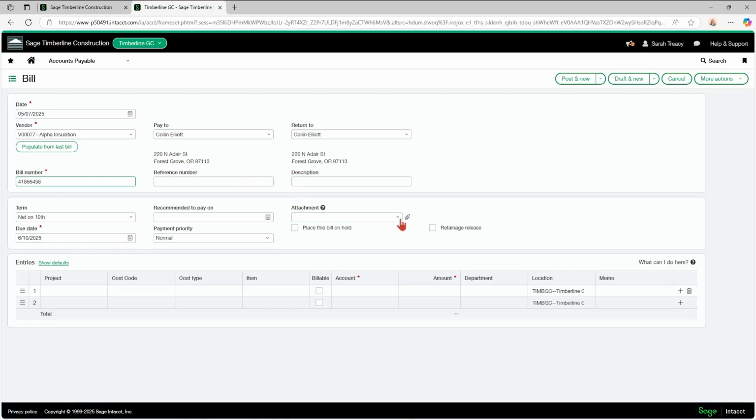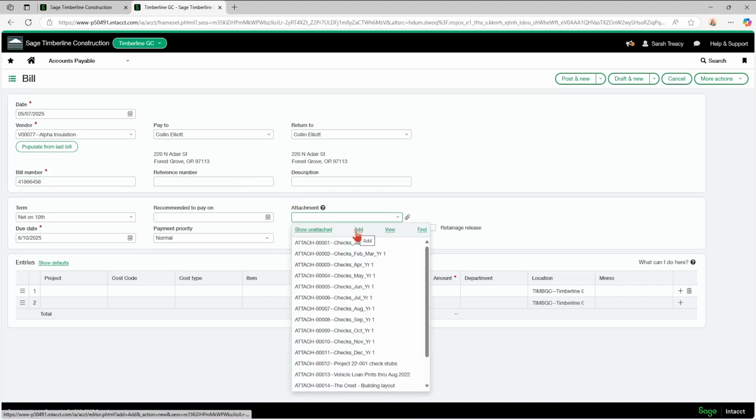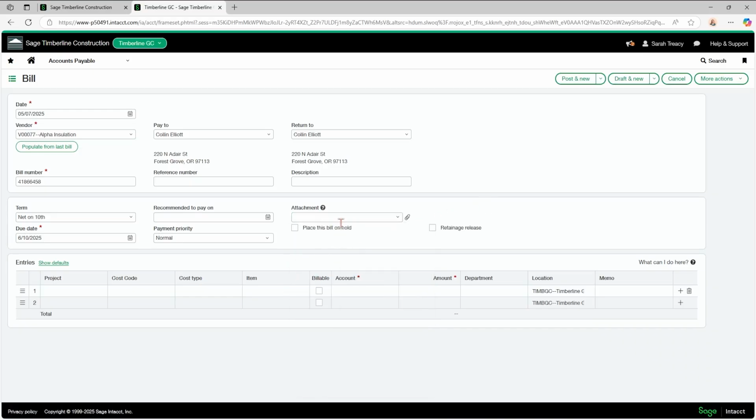Attachments are available across Intacct. So you can drop this down and you can add and browse from your computer to add in those attachments, or you can simply drag and drop them in. You can place a bill on hold, and then if it was retainage release, it would be marked off here